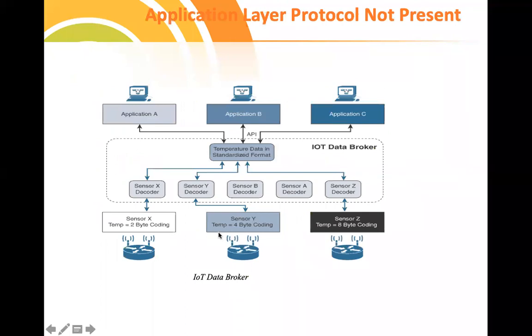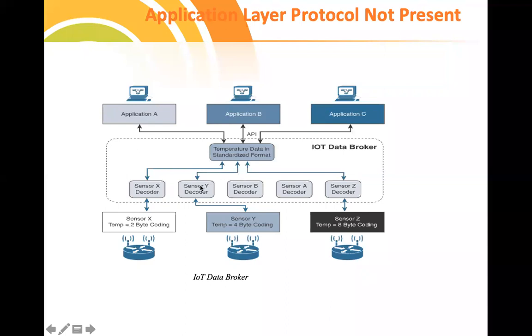Consider this setup. Start from the bottom. We have different sensors, sensor X, sensor Y, sensor Z, and each sensor will have a decoder, because we have discussed the adaptation layer in the last class. The adaptation layer, or in general, fog computing or the intermediate layer, its job is to convert the actual sensor data into an understandable format. That is conversion from one format to another format. We have seen this in IoT architectures also. So for that reason, we need different decoders.